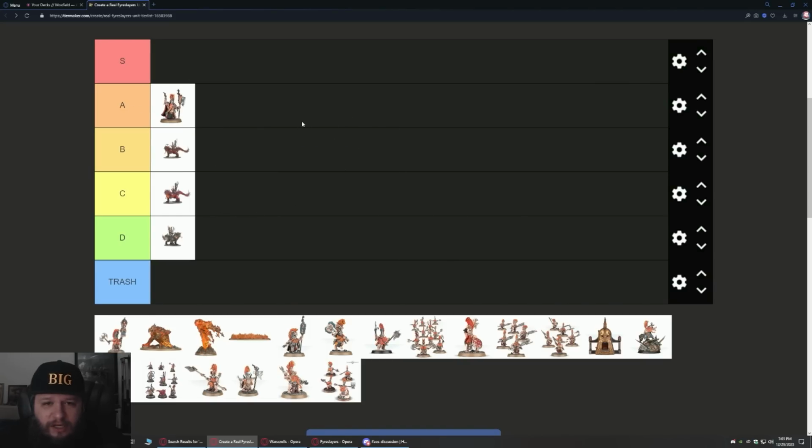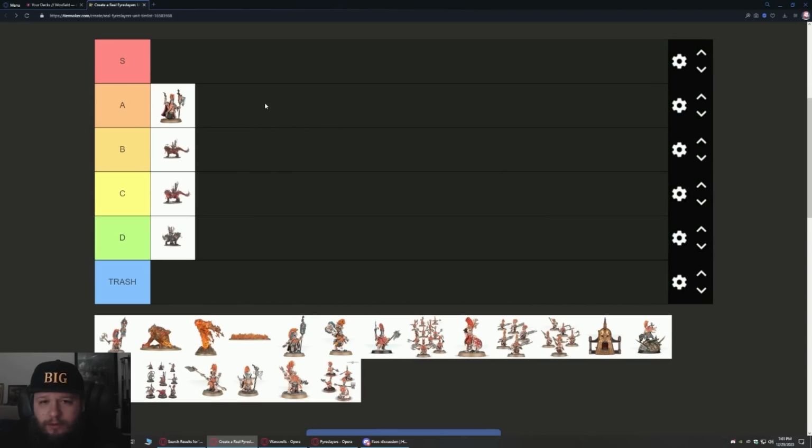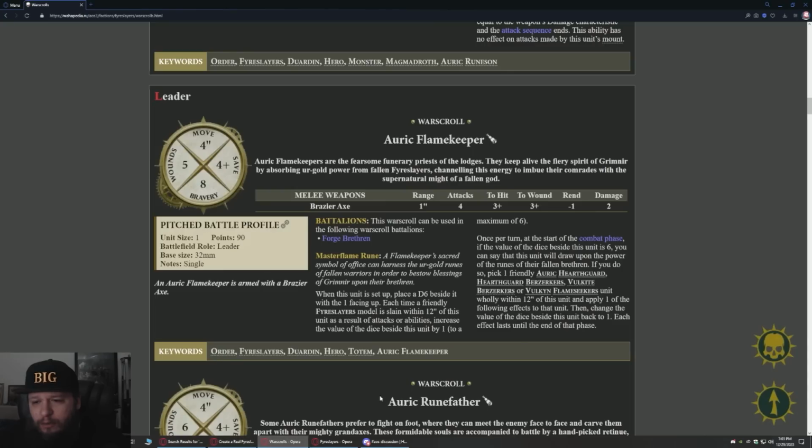I think he's clearly A. He has a bunch of cool uses, as long as you're playing foot troops, basically. It is a little awkward that he needs your guys to die to be able to use his abilities, but your guys will die. It's Age of Sigmar. Your guys just die. Like, that's the game. The game is your guys die, right? So...